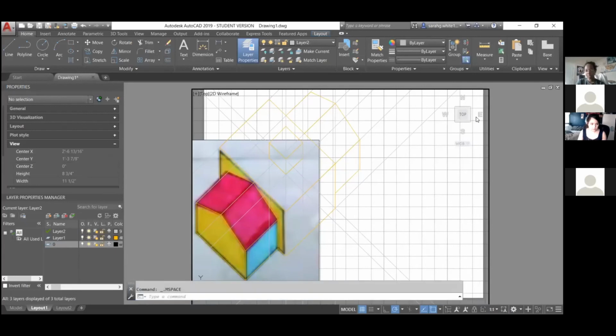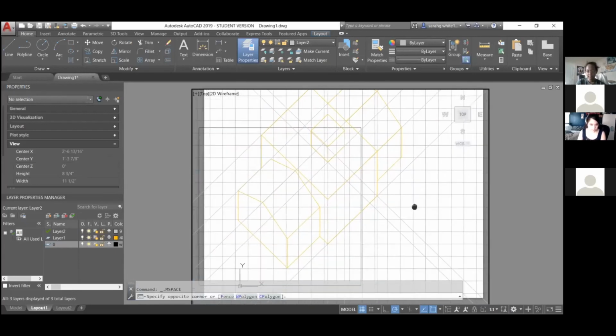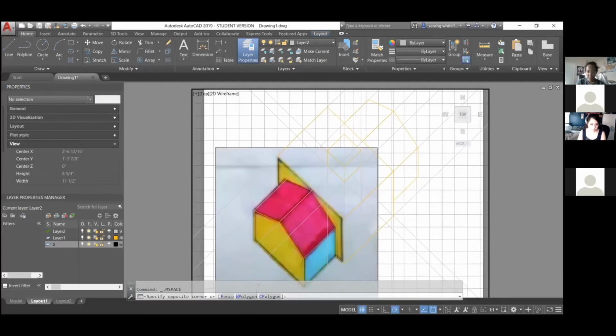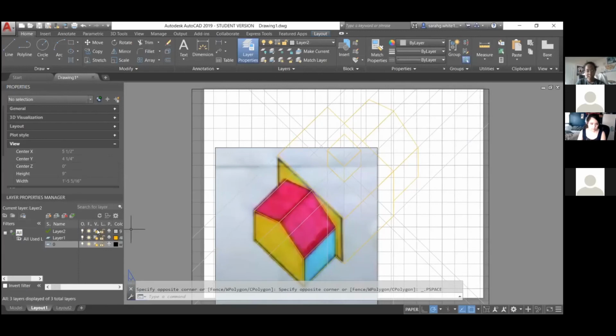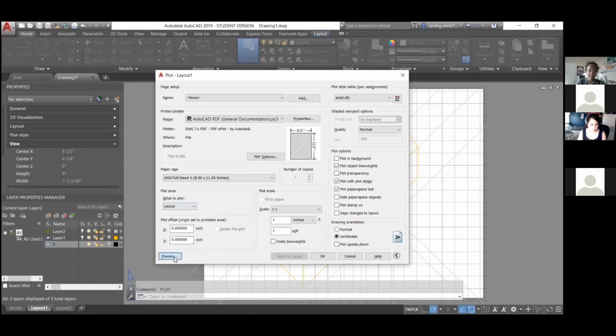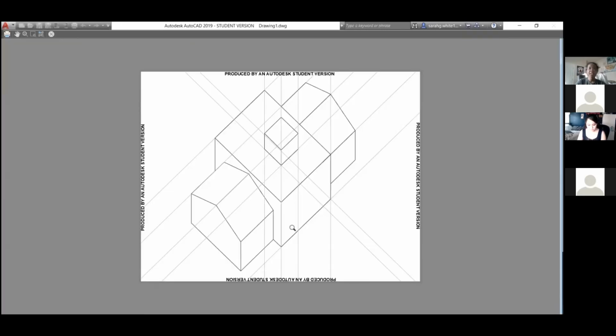If you double click on the window, it'll allow you to move around inside the window. Get this to like the middle of your page, make it look all nice and pretty. Click away, hide that. Plot it. And yeah,